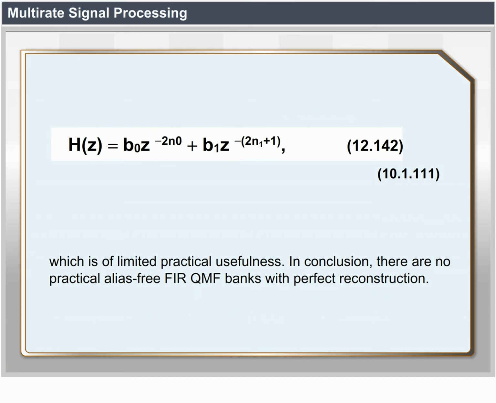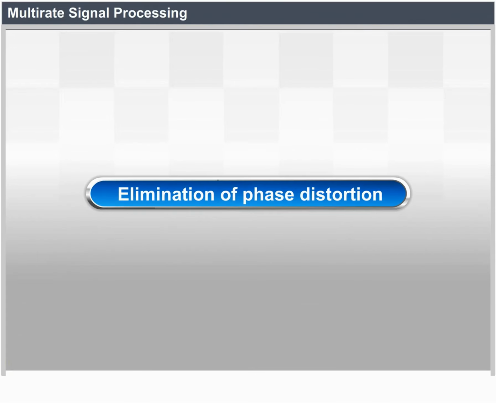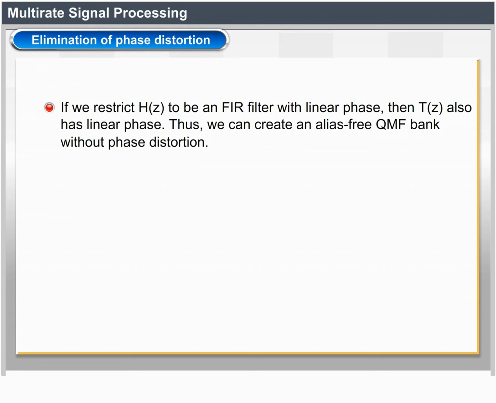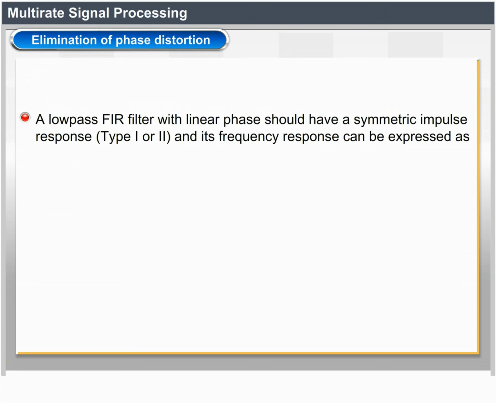Polyphase implementation of the two-channel QMF filter bank. Elimination of phase distortion. If we restrict H of z to be an FIR filter with linear phase, then T of z also has linear phase. Thus, we can create an alias-free QMF bank without phase distortion. A low-pass FIR filter with linear phase should have a symmetric impulse response, type 1 or 2, and its frequency response can be expressed as H of e power j omega equal to A of e power j omega into e power minus j omega M by 2, called equation number